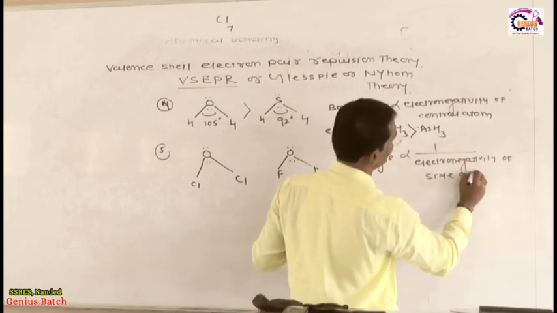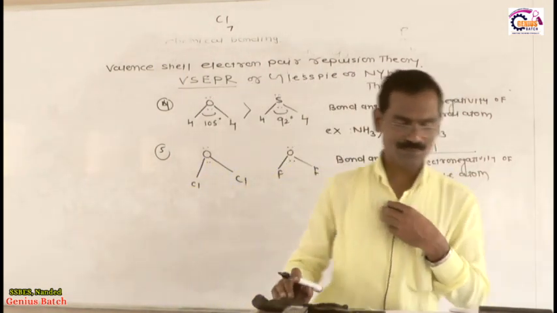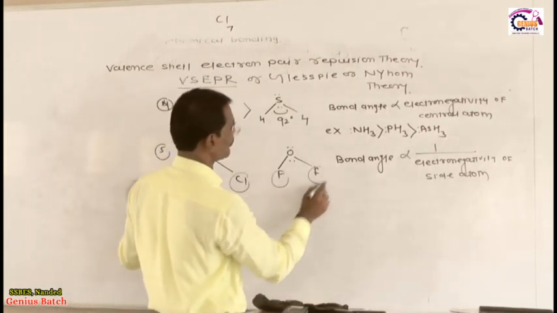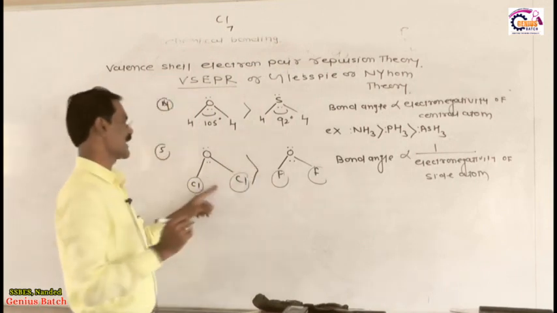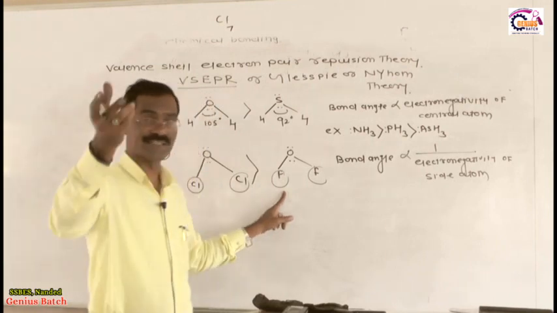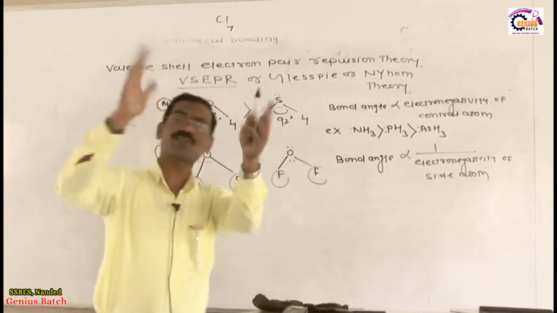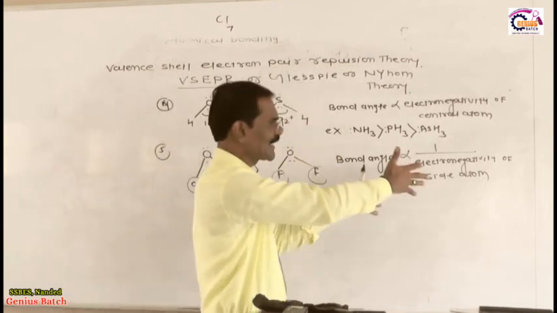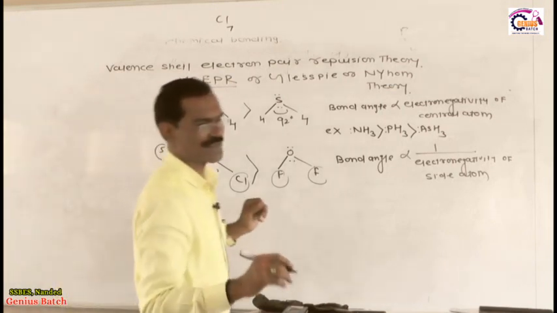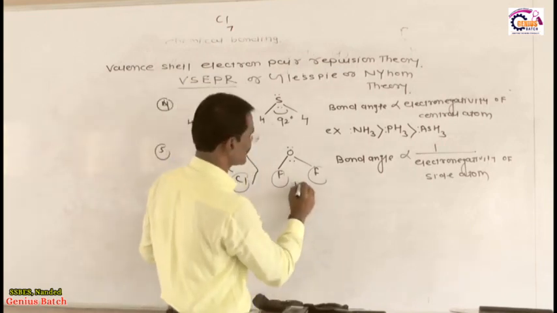the electronegativity of the side atom. Meaning, the higher the electronegativity of the side atom, the smaller the bond angle will be. So tell me, this is a chlorine and this is a fluorine. Fluorine is more electronegative, therefore the bond angle of this is more, because the side atom is fluorine and its electronegativity is high. If electronegativity is high, then the bond angle is inversely proportional to the electronegativity of the side atom. Don't be confused, electronegativity of the side atom. Therefore, dear student, the bond angle of this is 110 degrees, and the bond angle of OF2 is 103 degrees.